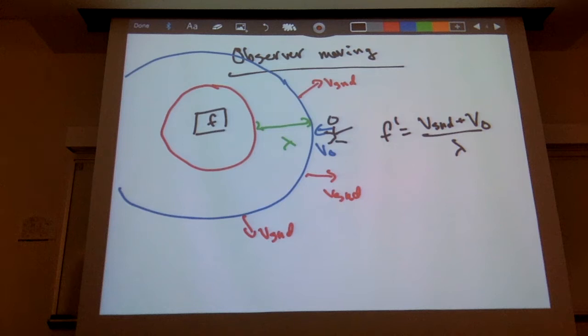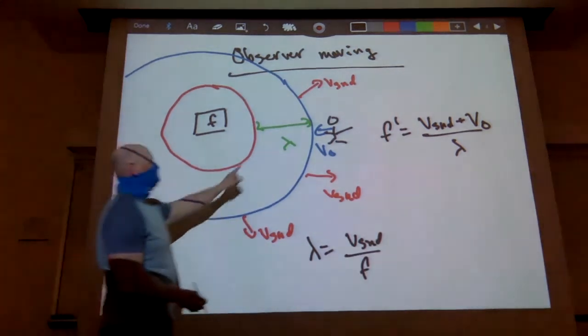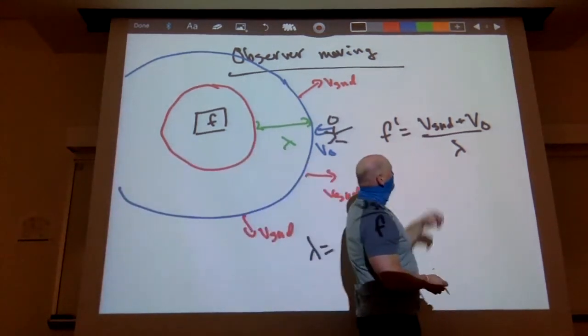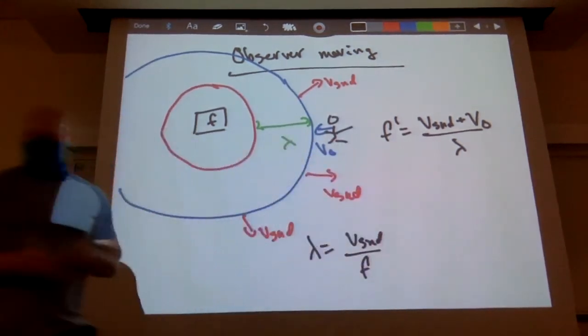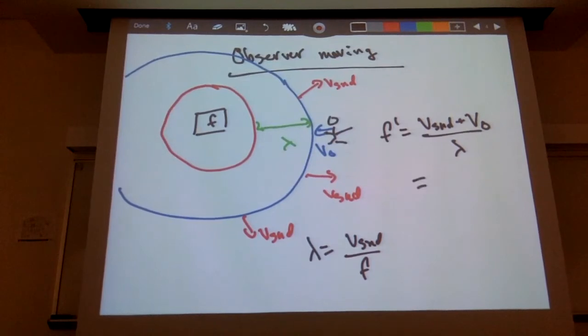If I got that quantity right. Yeah. Good. Now, the wavelength though should be equal to what? The speed of sound divided by the actual frequency. Because here what we're saying is that this wavelength stays the same, but what's happening then is that your velocity is actually changing. So this is going to be rewritten then as the actual frequency times the speed of sound